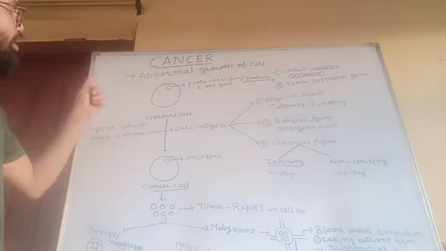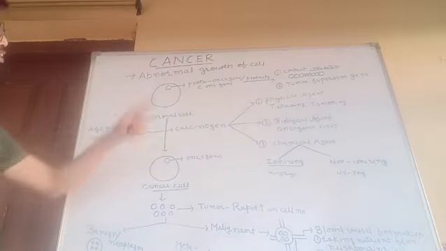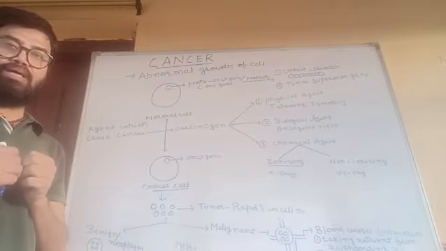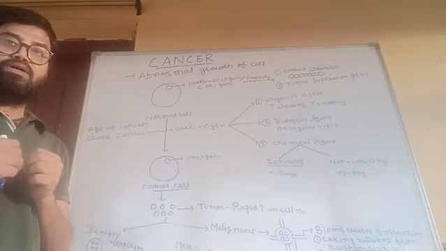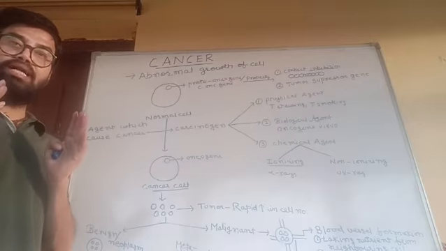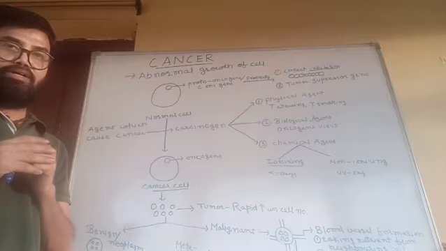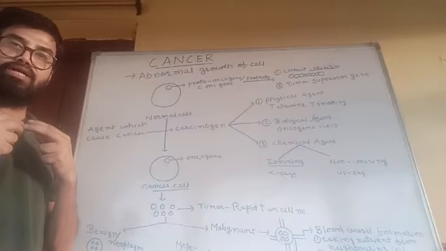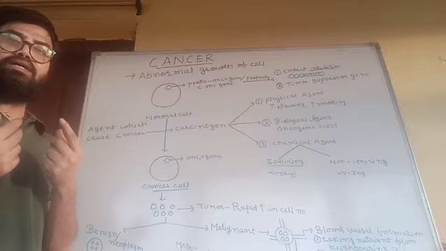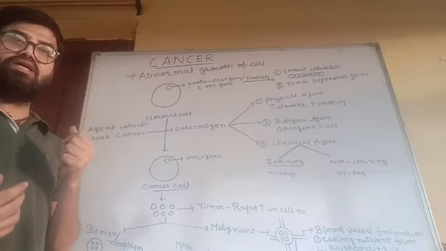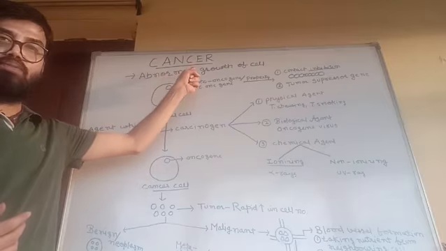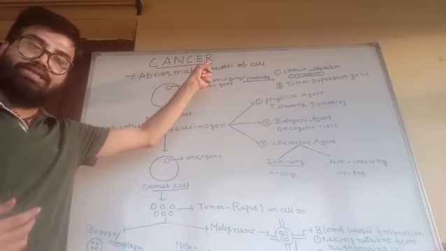So first, again revise the thing about cancer. As you know, the cell is the fundamental unit of life, and when the cells grow in number, the growth and development of the body occurs. Clear? Because our body is made up of cells. But what will happen if abnormal growth of the cell occurs? Then it is known as cancer. Abnormal growth of the cell is known as cancer.